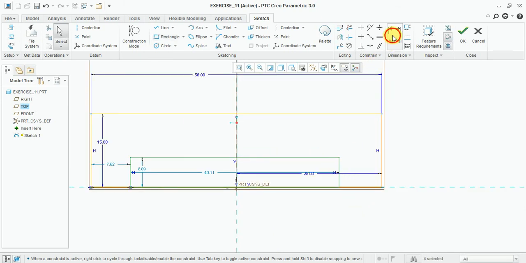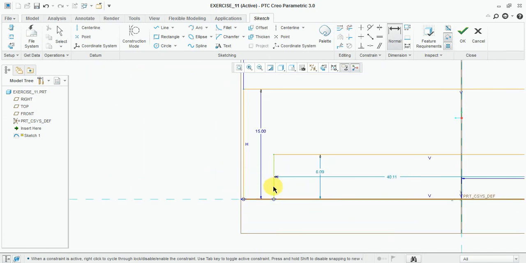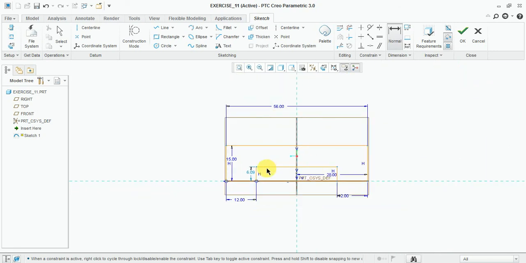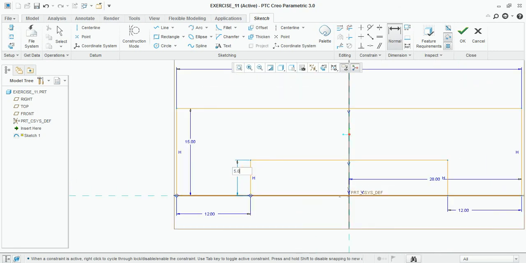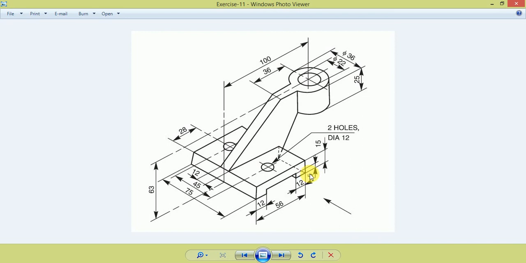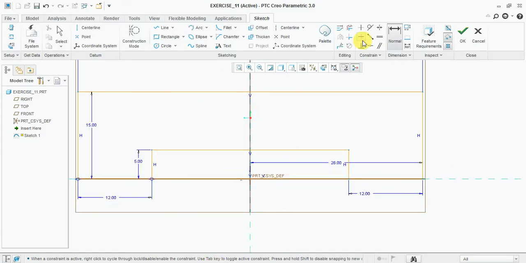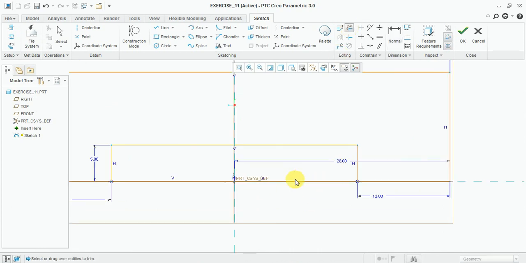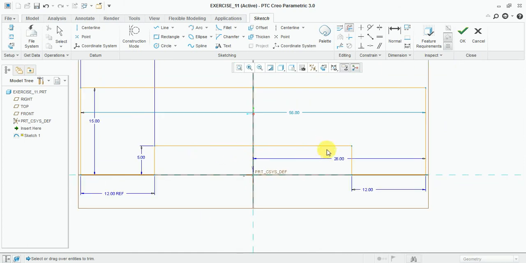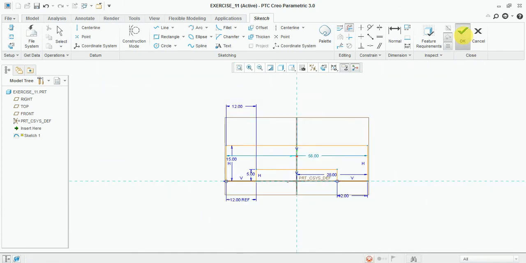Now dimension 12 mm, and equal this side 12 mm, height 5 mm. Now select trim, cut the remaining line and make a closed section. Now finish.